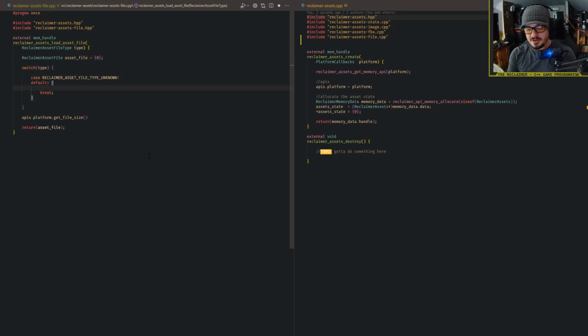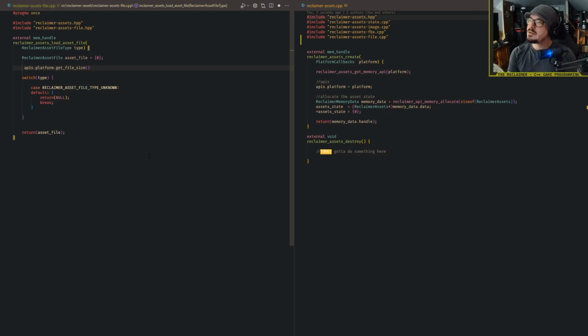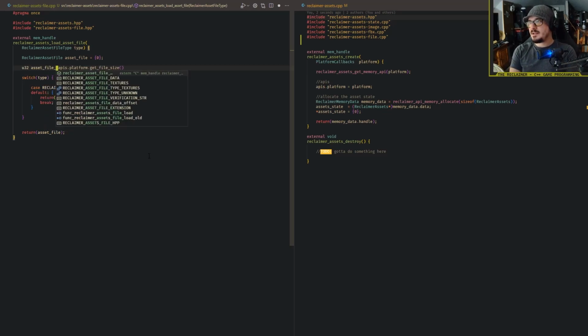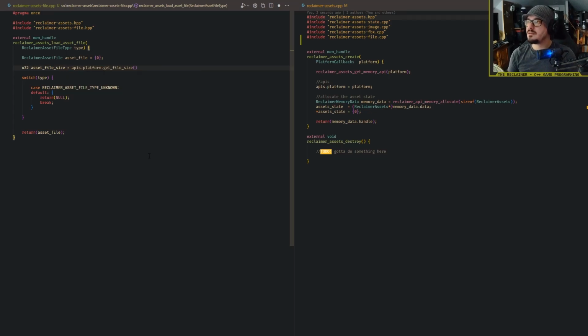We're just going to return null here, and that should be good enough. But we need to determine if we need to create it, right? So get file size. And that's going to be, let's see, 32. And asset file size is going to be get file size of